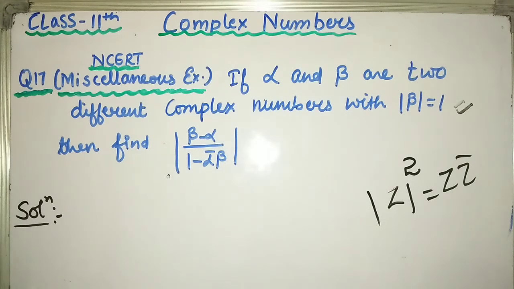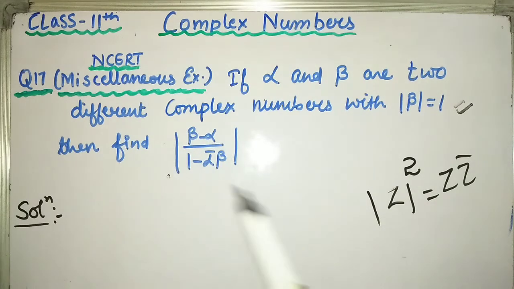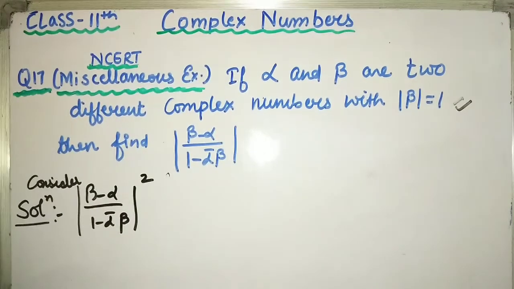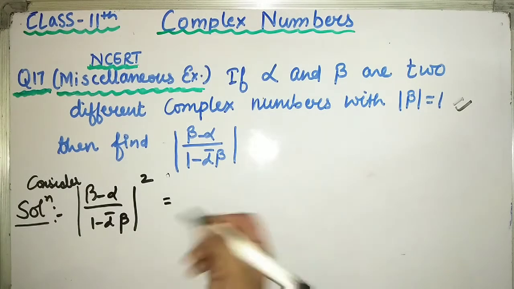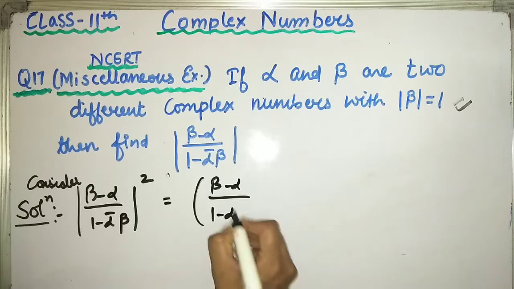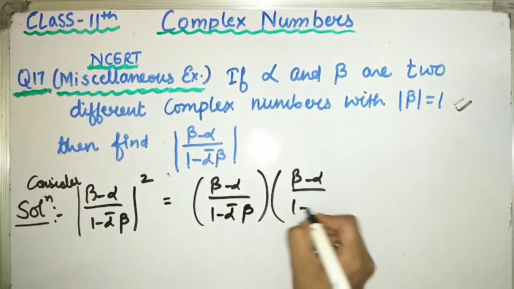Okay, so I'm going to assume this whole number as z. I'm taking z as (beta minus alpha) upon (1 minus alpha bar beta). So I'm going to take its square. I'm going to consider (beta minus alpha) upon (1 minus alpha conjugate beta) squared, and it can be written in the form (beta minus alpha) upon (1 minus alpha bar beta) into (beta minus alpha) upon (1 minus alpha